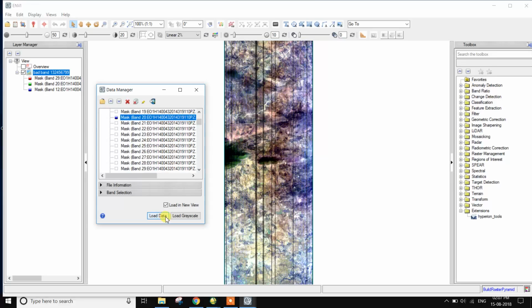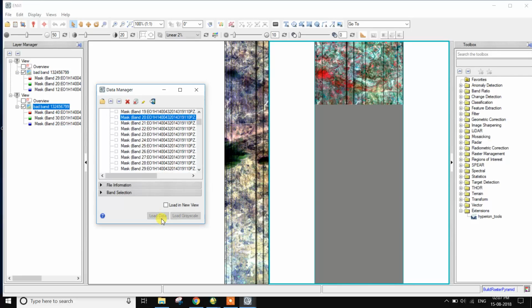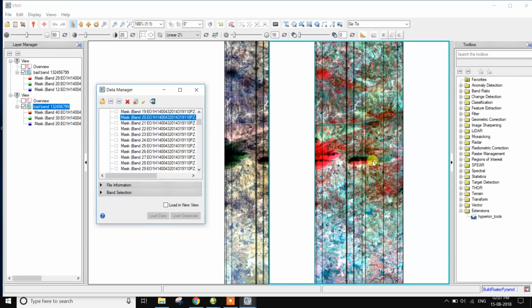Load in new view. There is the hyperspectral data and there are various vertical bad lines here. Restart, there is the removal.